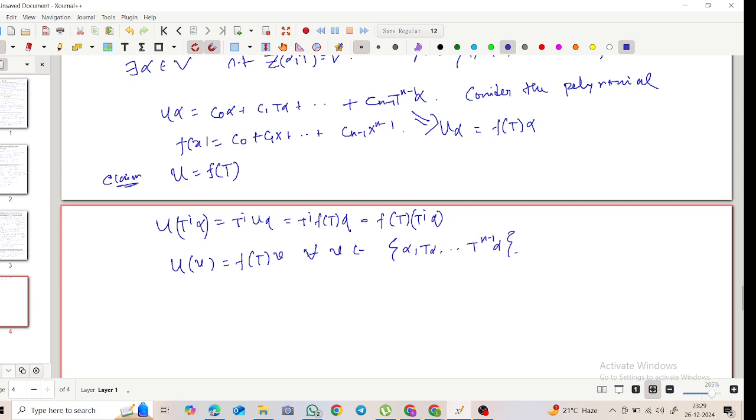But this is a basis, no? This is a basis. So Uv equals f(T) v for all v belonging to capital V. Because for every basis element, applying U means basically applying f(T). So Uv is f(T) v for all v belonging to V, right? Which means U is f(T). Okay,